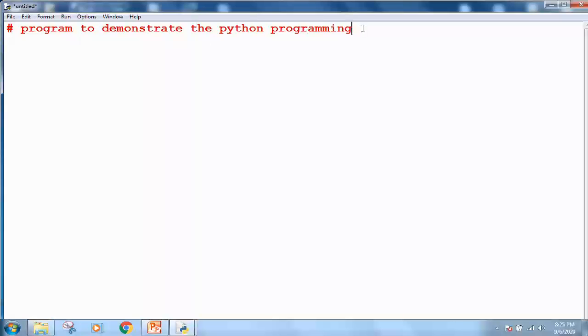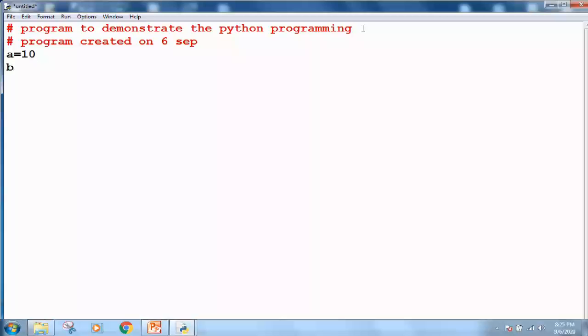This statement is written with a hash, and is known in Python as a single line comment. Now I can write this statement: program created on 6th September. So these are the statements which are written in a Python program to create comments.